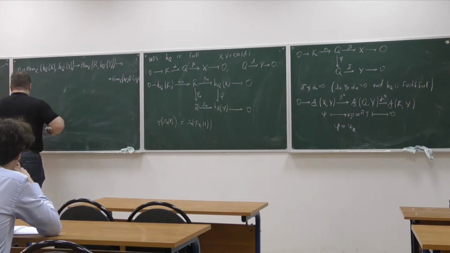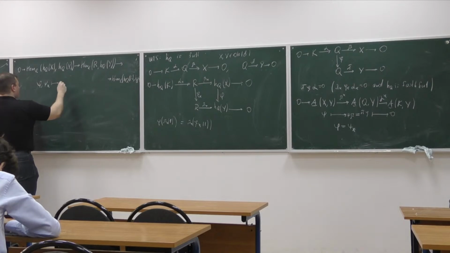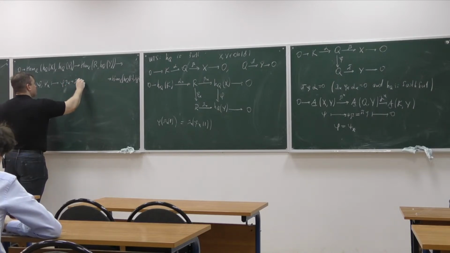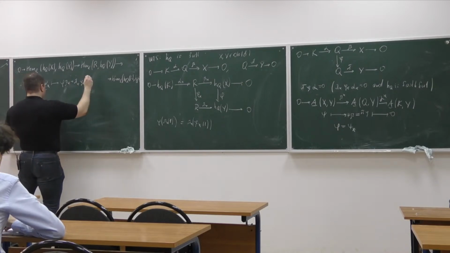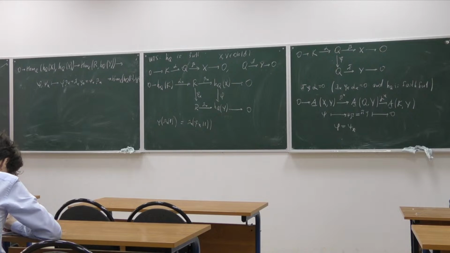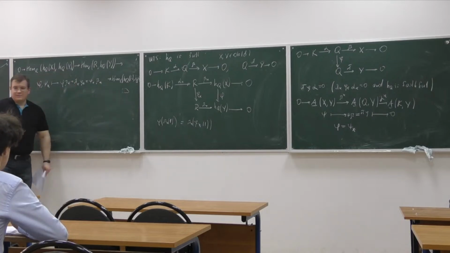Now here in the kernel I have two maps. I have psi, this is psi lower star, and phi. Now these two maps are sent, well, if I start with phi, I will send phi to the composition with beta lower star. I know that this is the same thing as pi lower star, c lower star, but this is by construction the same as psi lower star, beta lower star. The end of the proof.